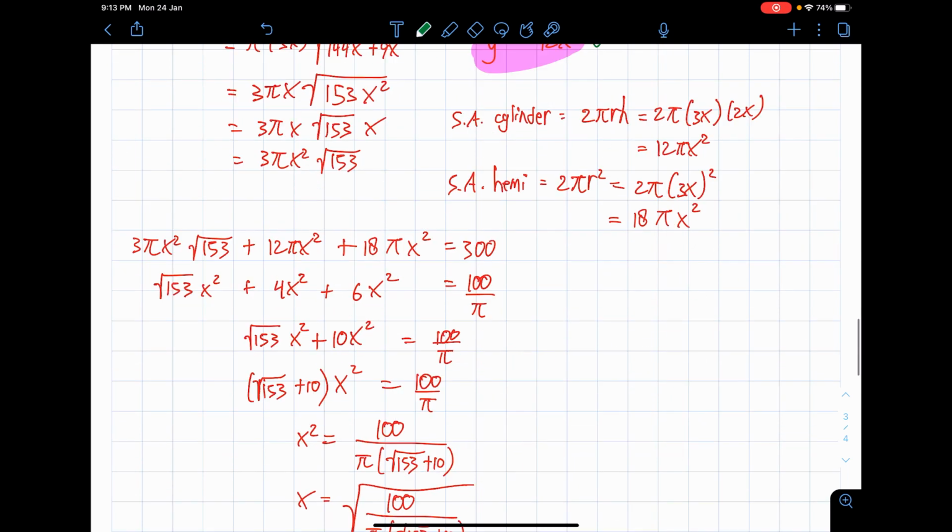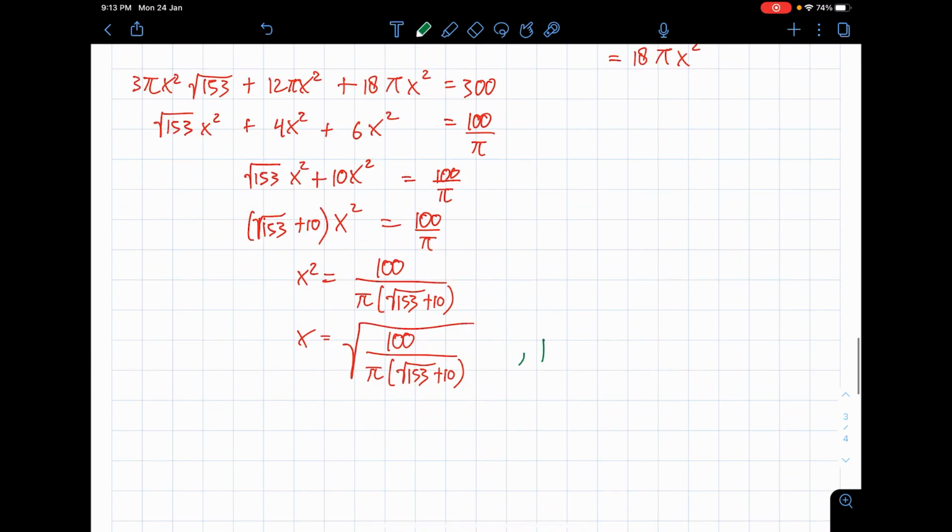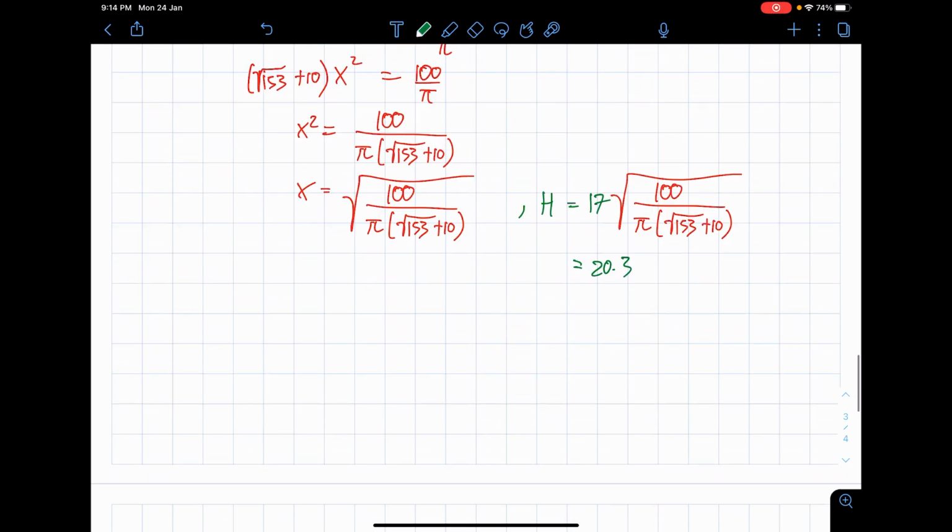Okay, so back to the question. Since the height is 17x, I got height equals 17 multiplied by the x. I just need to take care of this and move it there. Done. Horrible. Hey, wait a minute. Yeah, I can press calculator for this actually. Let's just try to key in the calculator here. I'm curious what the number looks like. I got 20.3. Alright, like that. Wow.